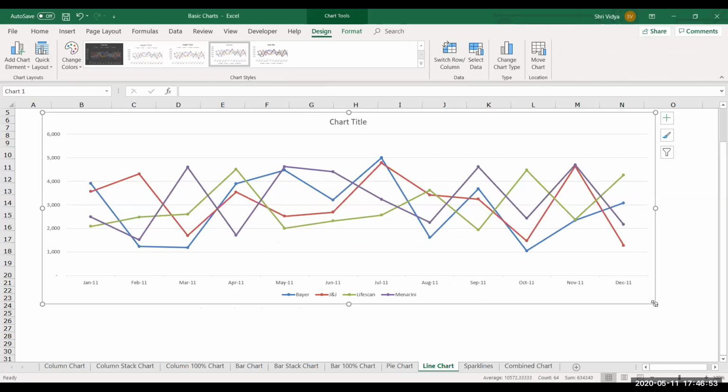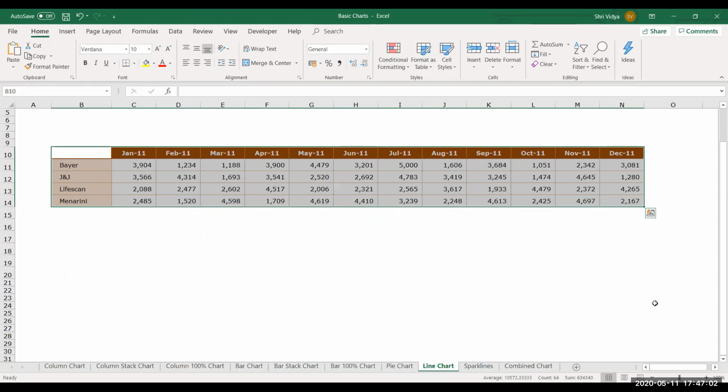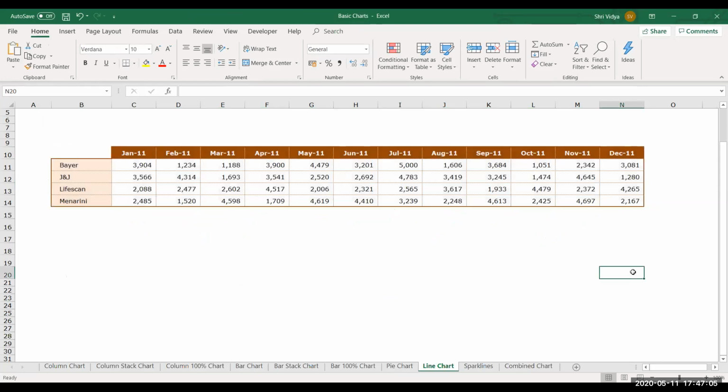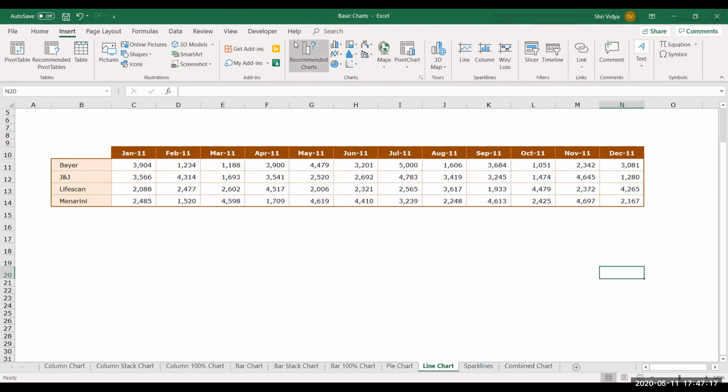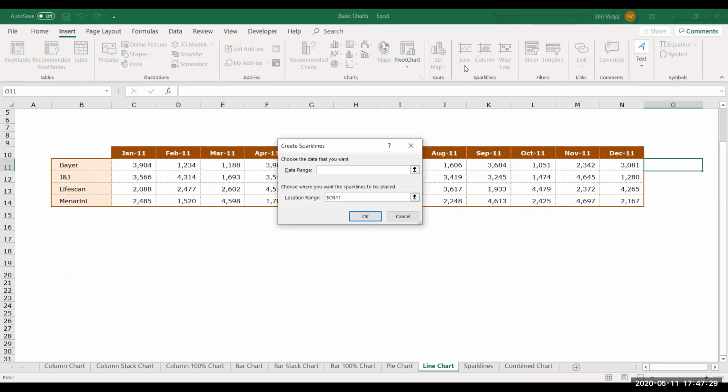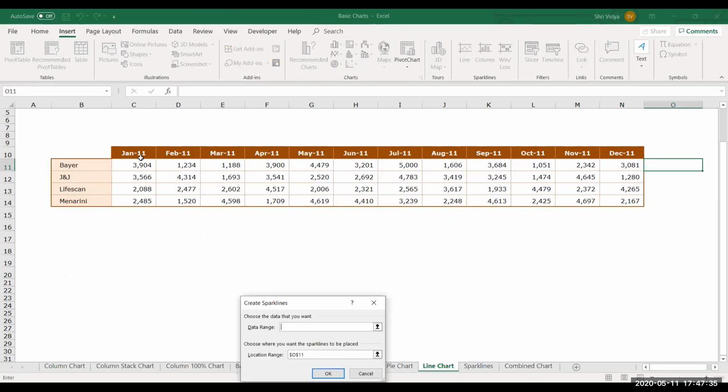Okay, so if you have something like this, when the data is changing very volatilely, then we choose sparklines. See, sparklines are a better way to display data which is changing very randomly. So for that, I'll show you how to insert sparklines. You need to go to insert, choose sparkline. See, first of all, you need to place your area where exactly the sparkline has to be implemented. I click on line. I need to choose the data range. The data range would be a single row here.